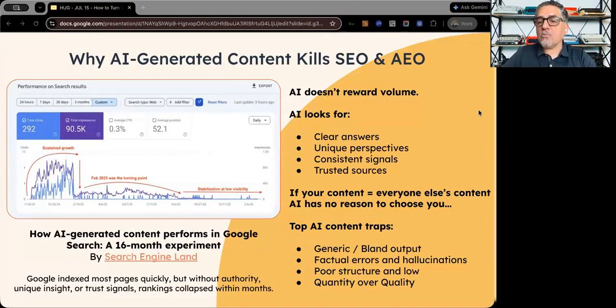Search Engine Land actually ran a whole study. Let me show you here. There's an experiment, and I'm going to share the link right here. I'm also sharing the link about Google being 210 times bigger right here. And they ran this experiment where they said, okay, we're going to post 2,000 articles, and these 2,000 articles are going to be AI generated. Let's see how it goes. It grew incredibly, and then it died completely